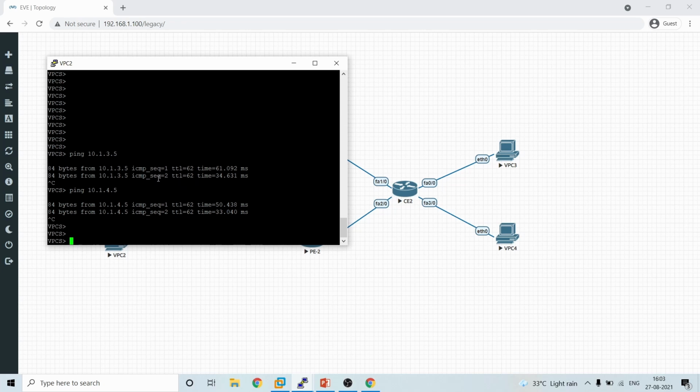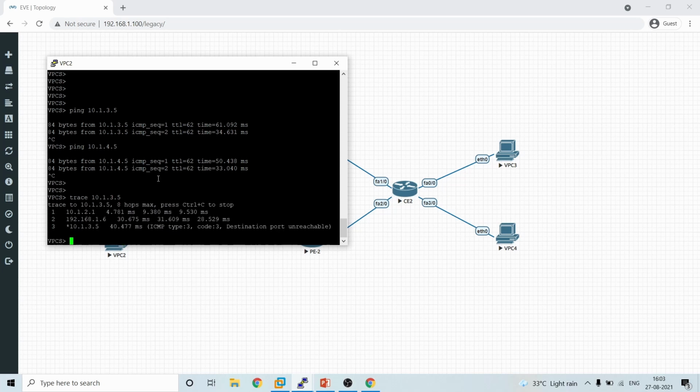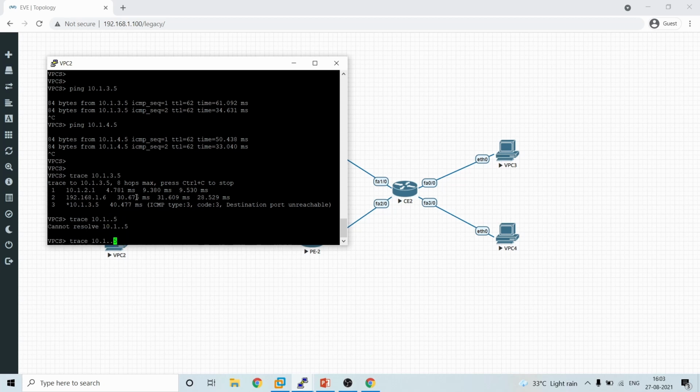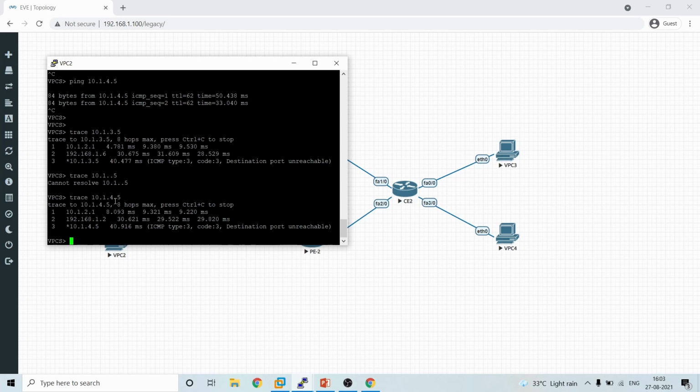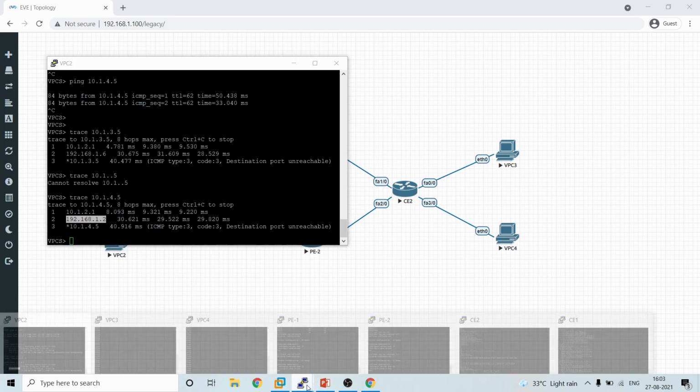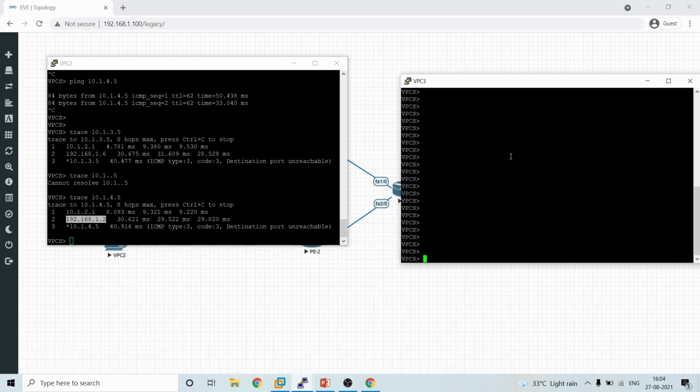Now we'll check the trace. Trace 10.1.3.5, which is through 1.6, and 4.5, which is through 1.2. So we are seeing that the traffic changes direction based on per-destination basis. For 3.5, which is this VPC, it is going through 1.6, and for this VPC it is going through 1.2.